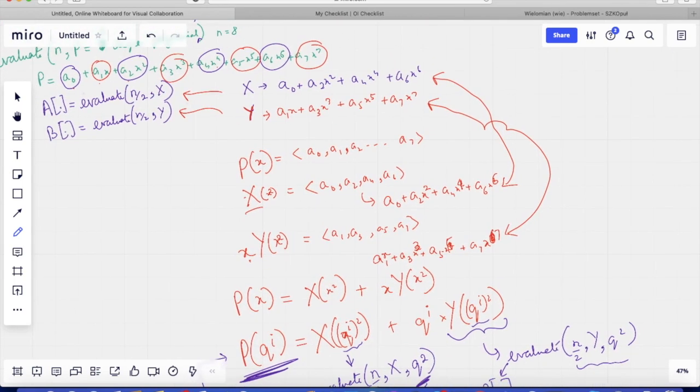Firstly, we divide our polynomial into two halves. The first half contains the even terms, the next half contains the odd terms. Now, instead of thinking about the powers of x in your polynomial, let's just think about the coefficient array for now. If we just think about the coefficient array, then we can recursively structure our polynomial into two portions, where we are passing in x square instead of just x. So this should make sense, where x and y are two different coefficient arrays we have derived here.